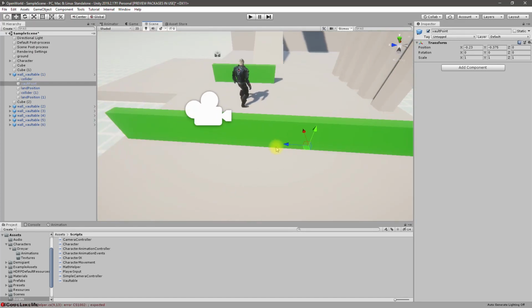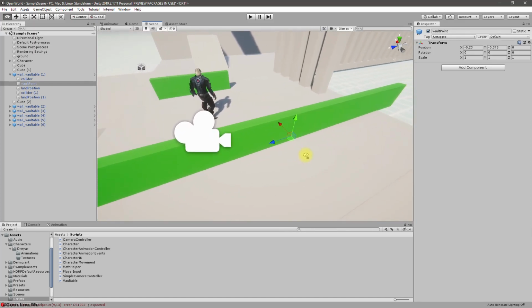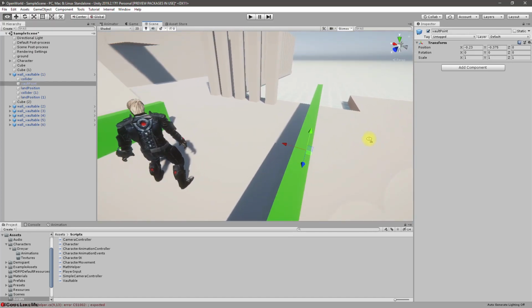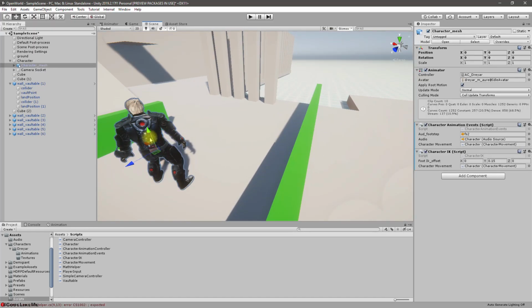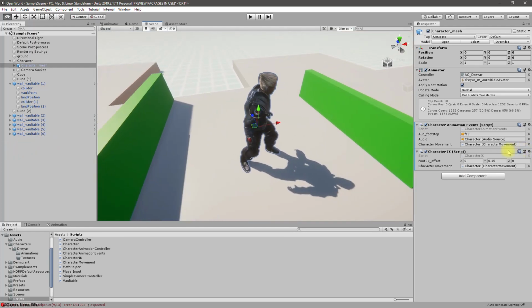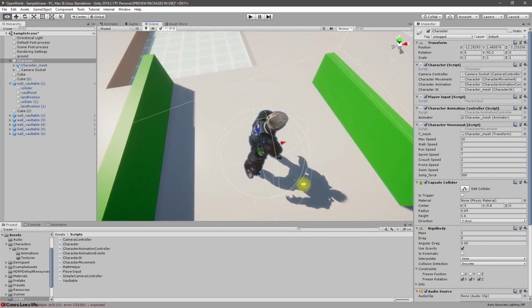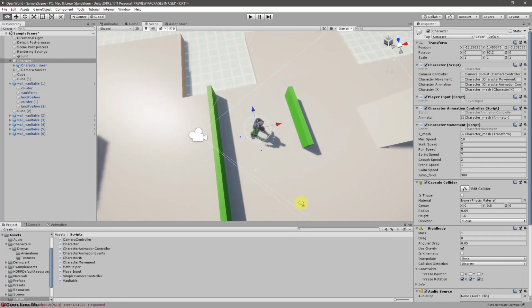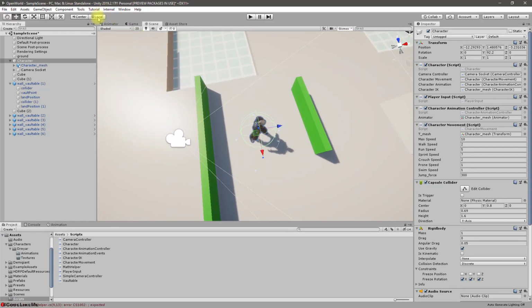Blue one is the forward vector and the red one is the right vector. No, the red one is the forward vector. Yeah, no, the blue one is the forward vector, the red one is the right vector. So okay,